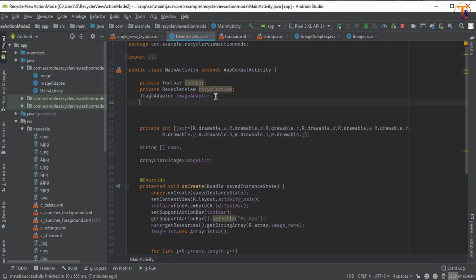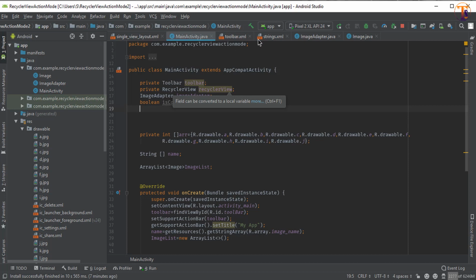So here we will create a boolean, isContextualModeEnabled. First we will assign false. Okay, now go to the adapter